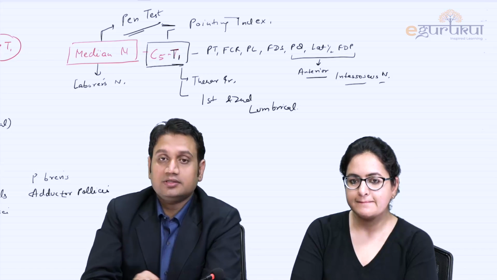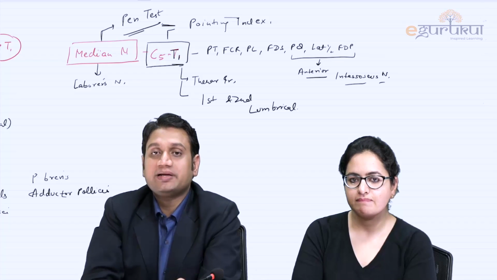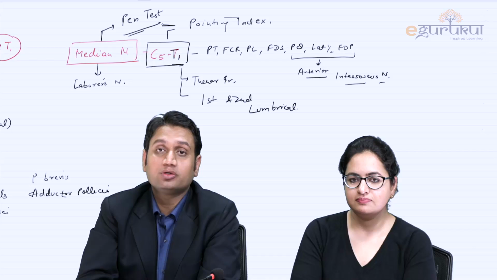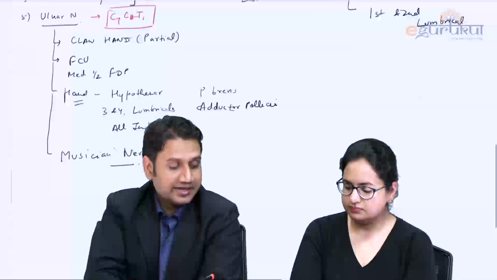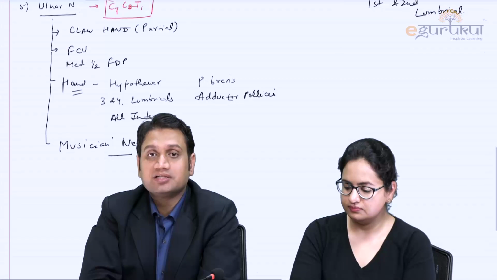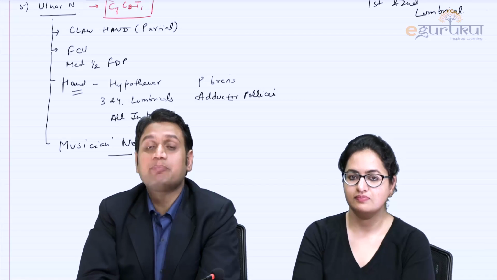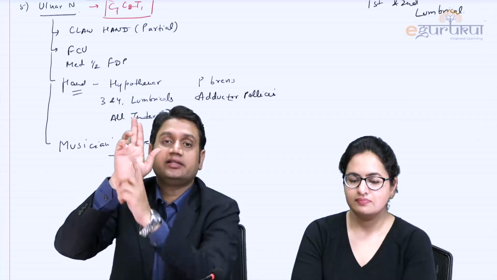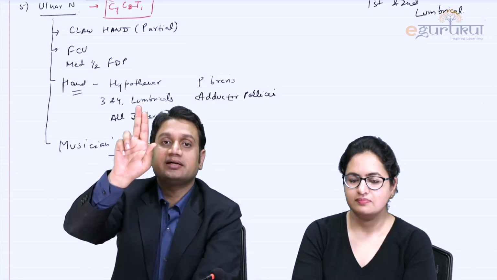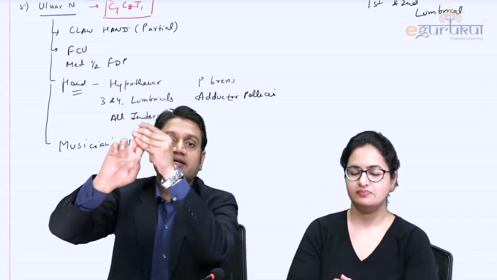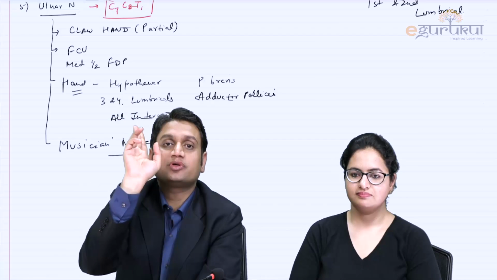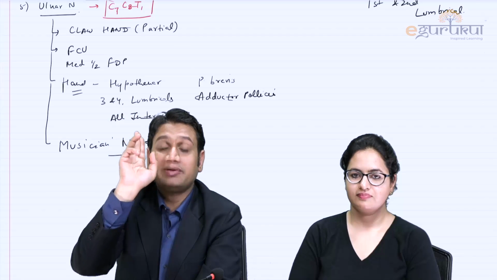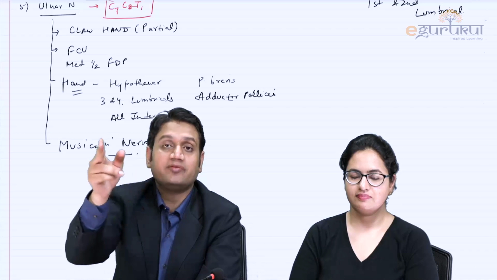Okay, I would like to add a few things. Very wonderfully explained. Now the anatomy part is okay. Now coming to the orthopedic part, I'll start again with the ulnar nerve. As mentioned, the ulnar nerve leads to claw hand, specifically a partial claw hand. How? Like this: these two fingers are extended, these two are okay and normal, and there is a claw here. That is what you call a partial ulnar claw. One point, please remember this. This will come again when we talk about the median nerve.